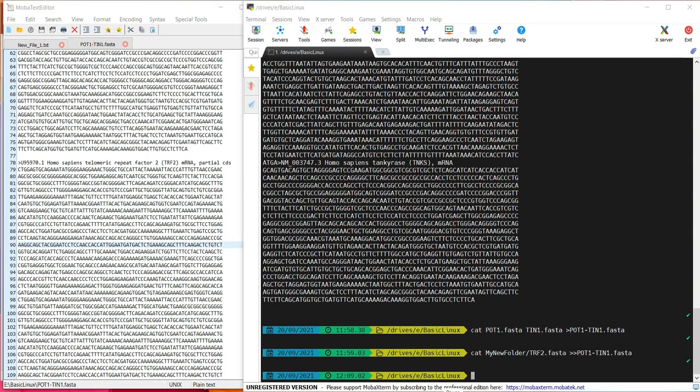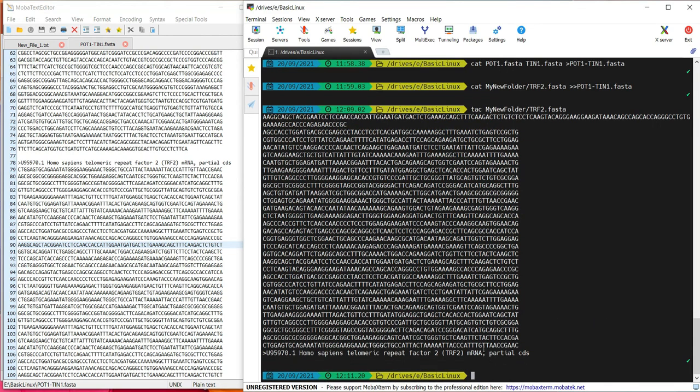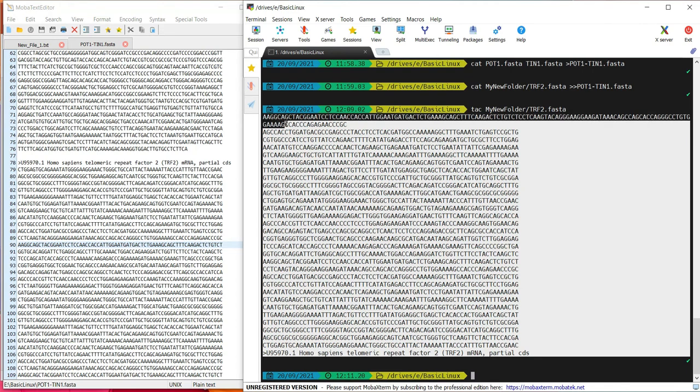One very important and interesting option of cat command is it can also display a file content in reverse order. That is, instead of cat, if you write it as tac and the file name, then this will print the content of file in a reverse order. So if in place of cat, I write tac and the file I want to see is trf2. Now if I press enter, you can see this was a FASTA file where this header line should have been in the first, but this has reversed the file and printed the output here.